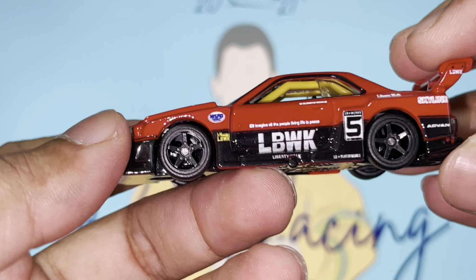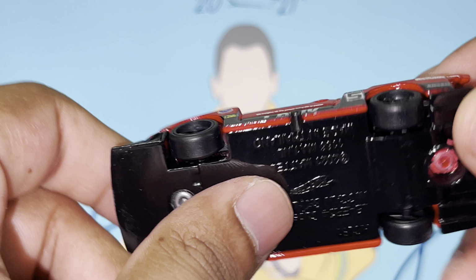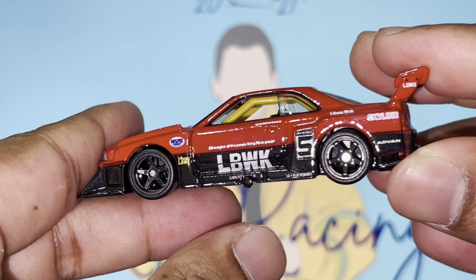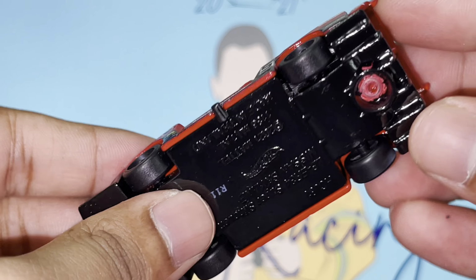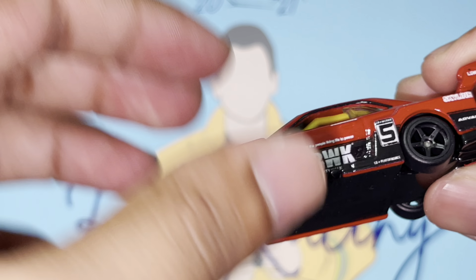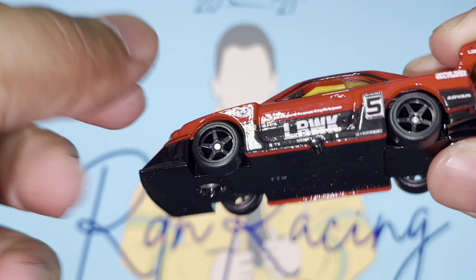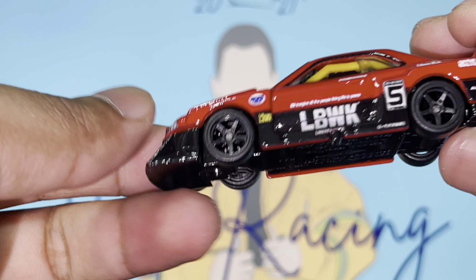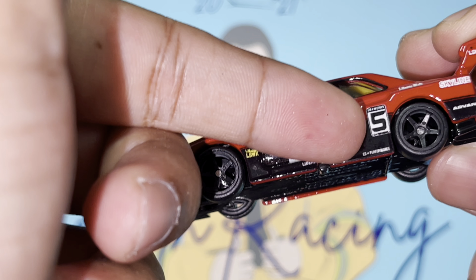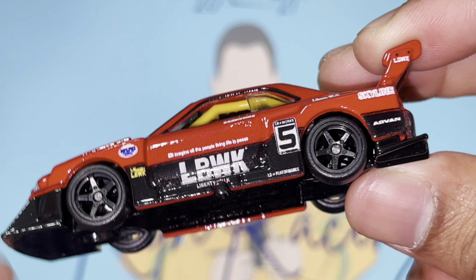If you look at the left side of the vehicle, here we've got the wheels, obviously 5-spoke wheels, spin amazingly well. This car, guys, has side exhaust. There's a side exhaust right here. They don't have it at the rear because the rear has something massive, which I will get back to in a while. So obviously you can, like I mentioned, the exhaust is actually right there. You guys can have a look. The LBWK, Liberty Walk right there, Nismo LBWK, the number 5 decal, Advan at the back, and of course Skyline and